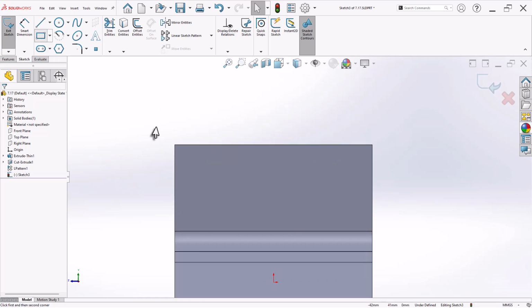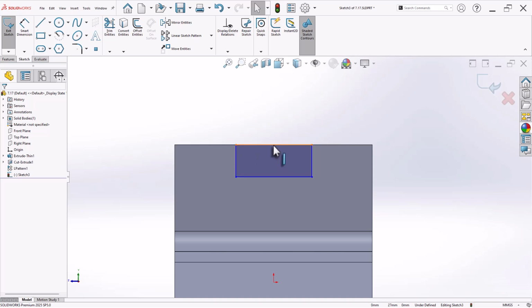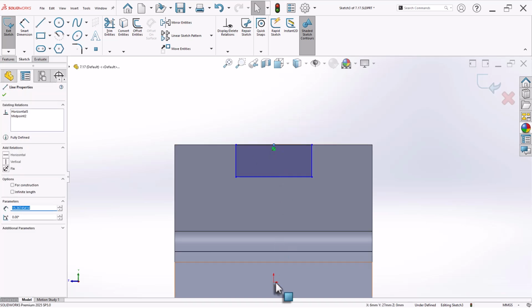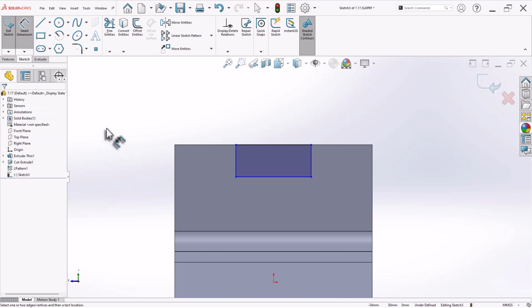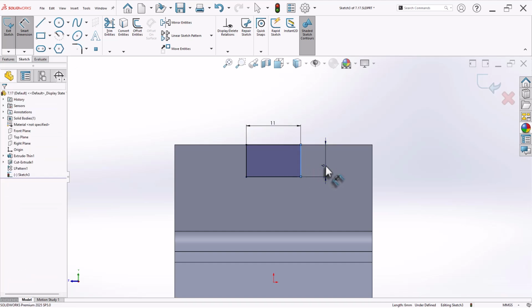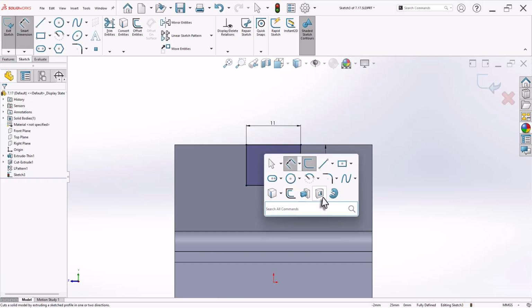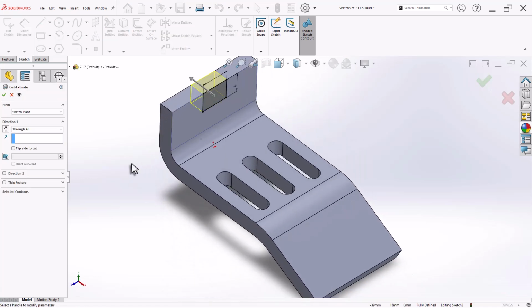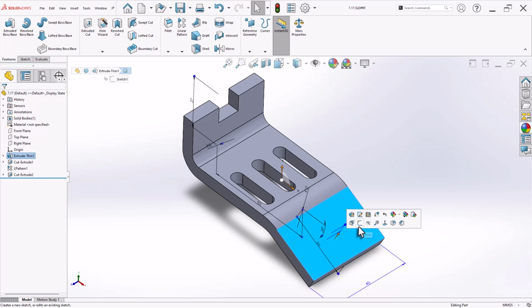This time I will use the rectangle tool. So now let's select this point, midpoint, and axis and make it align. So this is 11 and depth is 8. Now press S key and create extrude cut. Now select this and